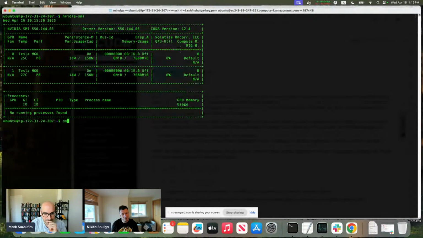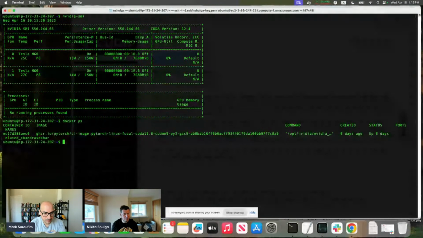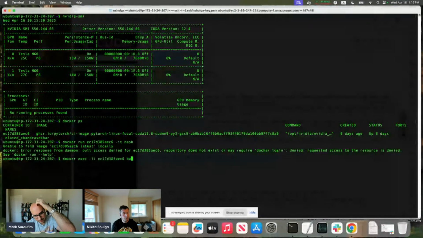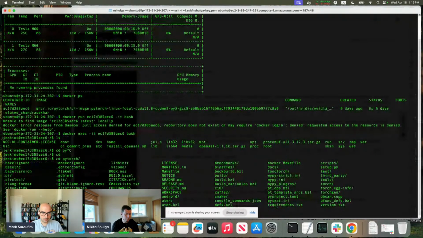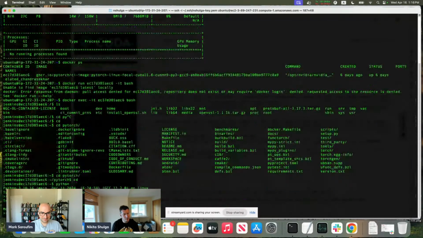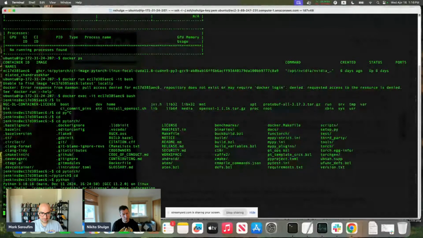So I have a Docker container. Now I'm in a Docker container because the only prep that I've done is I checked out PyTorch and built it locally, so that if I need to modify something, I can do it without waiting another 30 minutes. So I should have a PyTorch here somewhere. Yes. And if I import torch,